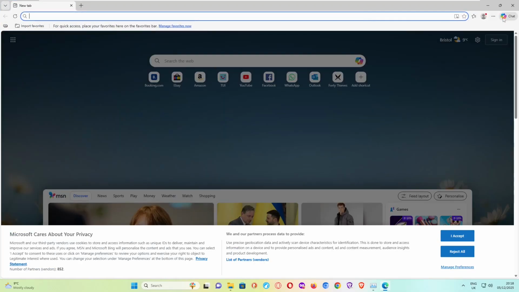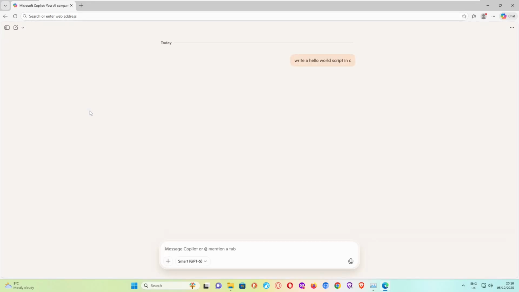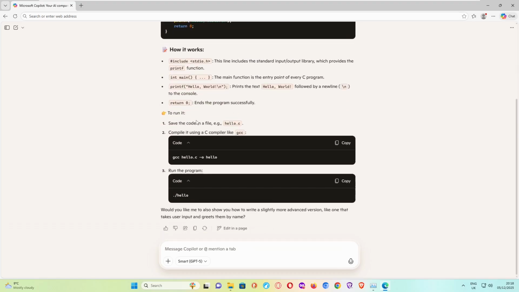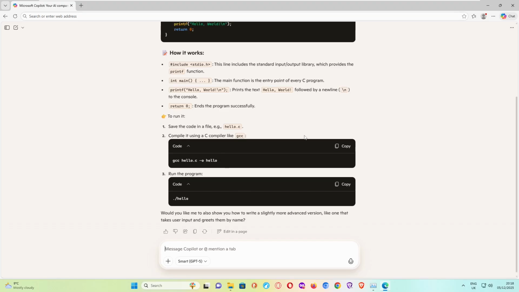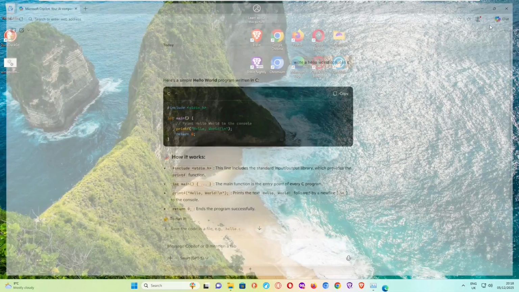We do have Copilot. Can we ask Copilot stuff that we've entered in there? We can. Okay. About the same as Gemini, but it's got more emojis and stuff. You can tell it's made by AI. It explains some stuff as well, and it tells you how to compile and run it. So I'd say about the same as Google and